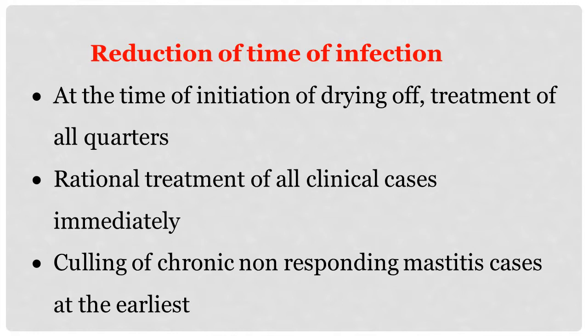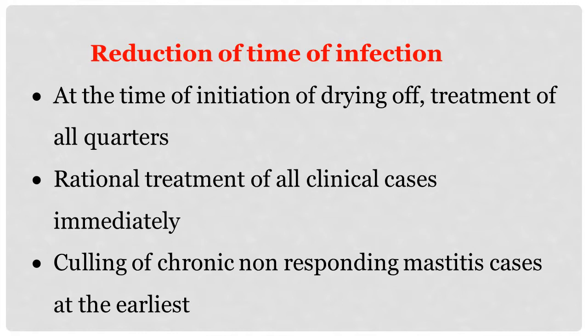Because when the cow becomes dry, we are paying less attention to this cow. An infection may occur, may produce mastitis, and the quarter may dry up. The quarter may be useless. So it is important to infuse intramammary antibiotics at the time of drying off in all quarters